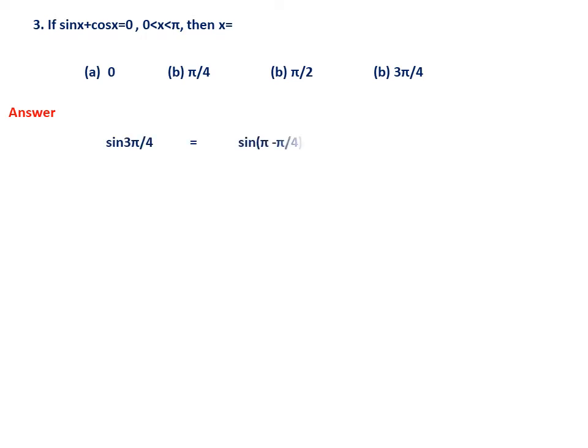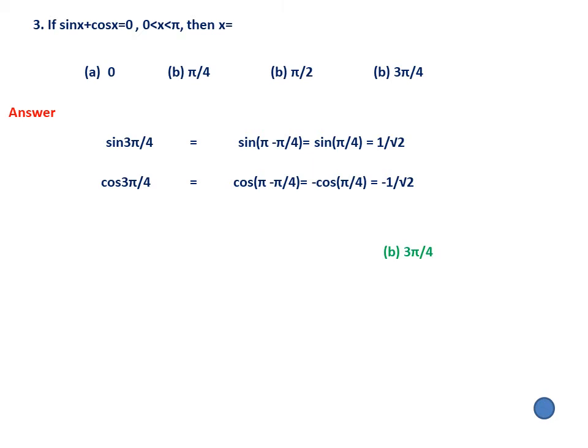Sin 3 pi by 4 is sin of pi minus pi by 4, that is sin pi by 4, which is 1 by root 2. Please note, I am solving this one not because this type of question is asked in CET, but just to revise what we have done in the first piece. For example, supplementary angles: when a supplementary angle is given, how to convert. Just to revise, I am taking this type of example. Similarly, cos 3 pi by 4. Remember this one, because in future sometimes this type of question is required. So cos of pi minus pi by 4, but it is in the second quadrant, so cos is negative, so it is minus 1 by root 2. Therefore definitely B is the option.